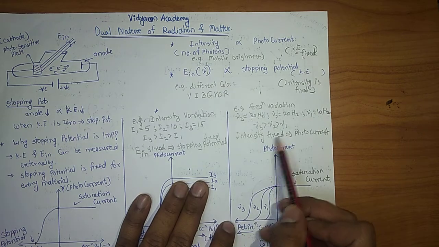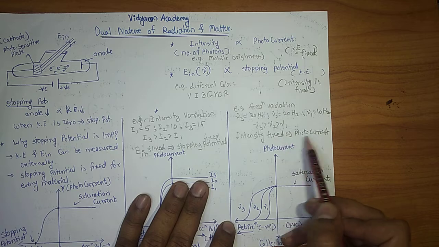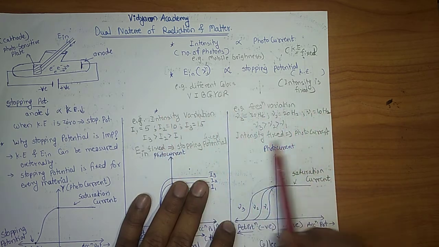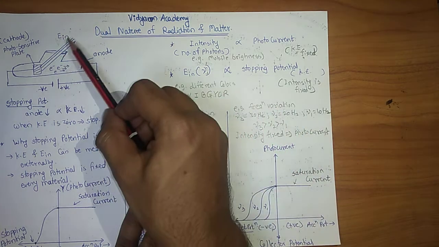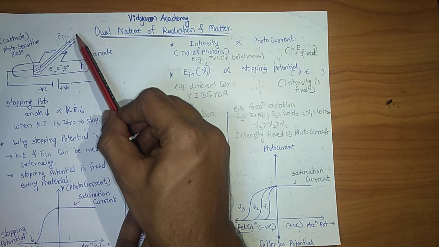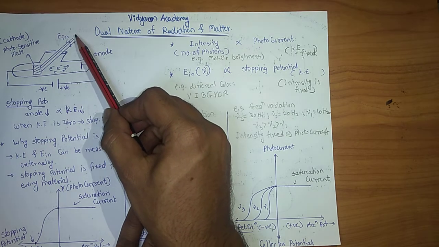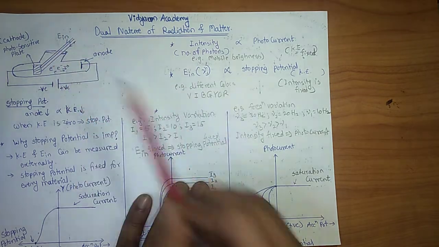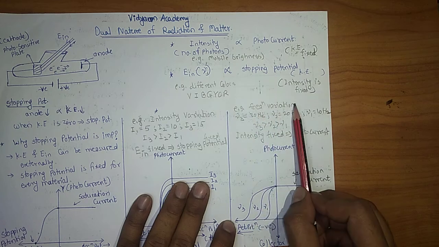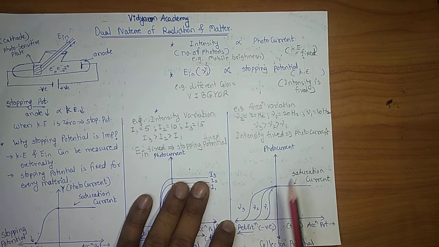But during this performance, we have kept intensity constant. If intensity is constant, then their photocurrent will be constant. So consider we are performing the same experiment. You are going to incident light of 3 types where there is a change in their frequency, but intensity is constant. Intensity constant, photocurrent constant, frequency variation, then there must be variation in stopping potential. Then look at the graph.